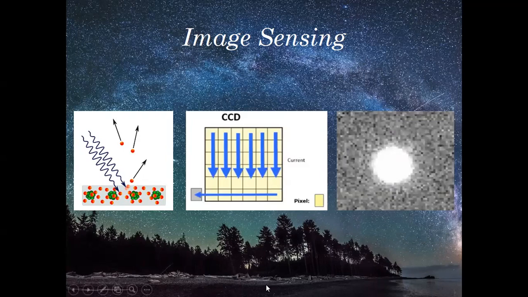Now you can see in the middle figure, these are pixels. The number of electrons ejected is dependent upon the energy of the points in the image. So depending on that, each and every pixel will have a different amount of photoelectrons generated. And how you image this is that you read out every single row and column in the electronic detector, which senses an electric signal proportional to the amount of electrons released in that particular pixel due to the incident photons. And hence you can see an image on the extreme right illustration.